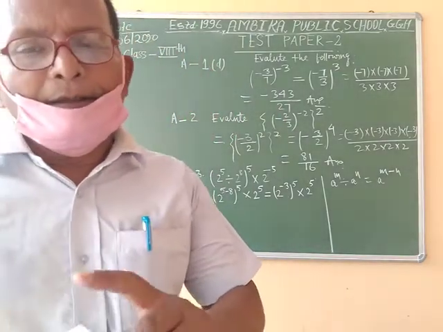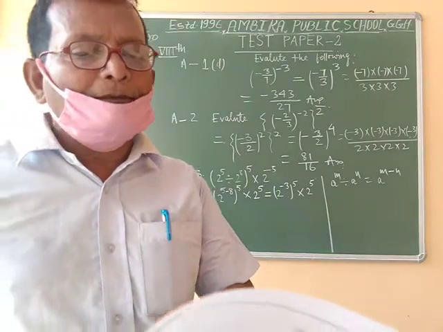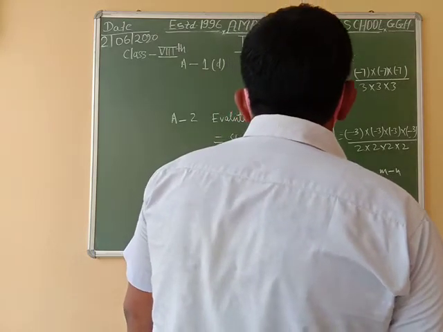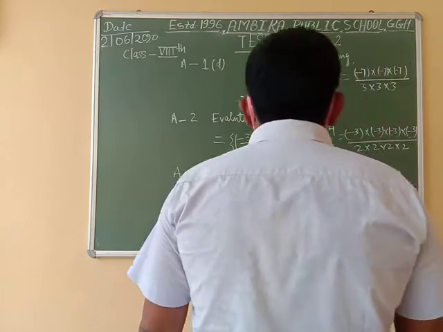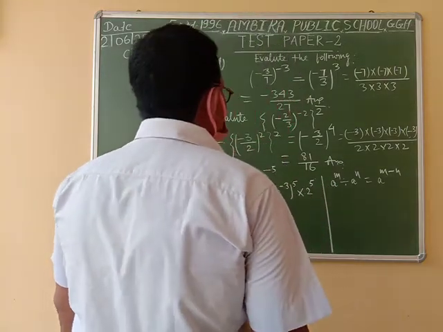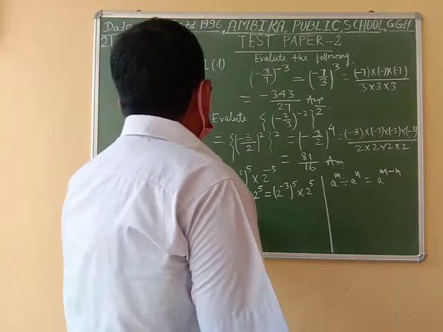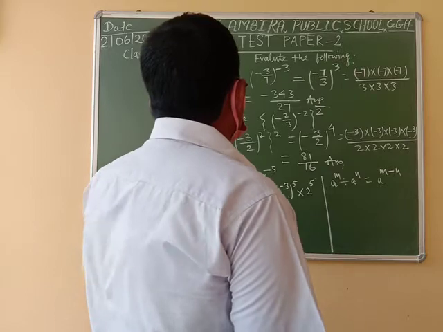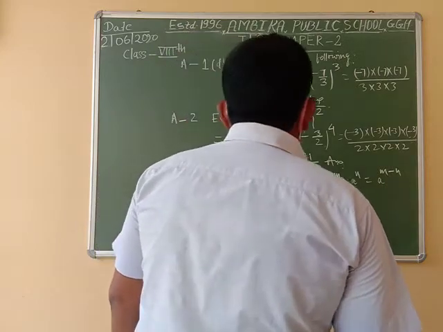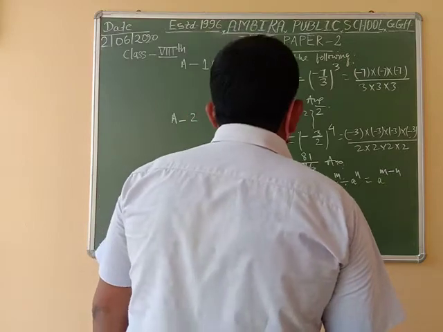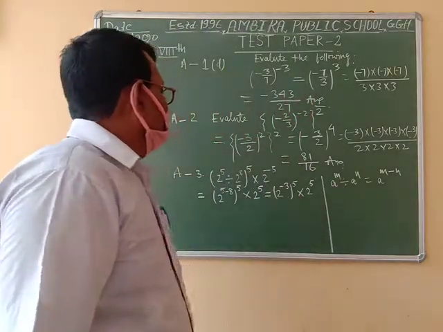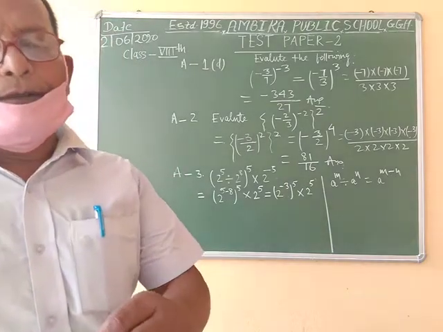So the answer of this question will be 2 to the power minus 15 into 2 to the power 5 minus 15 plus 5 minus 10. 2 to the power minus 3 is equal to 2 to the power minus 3 into 5 times minus 15 plus 5, equal to minus 10, to the power 1 by 2 to the power